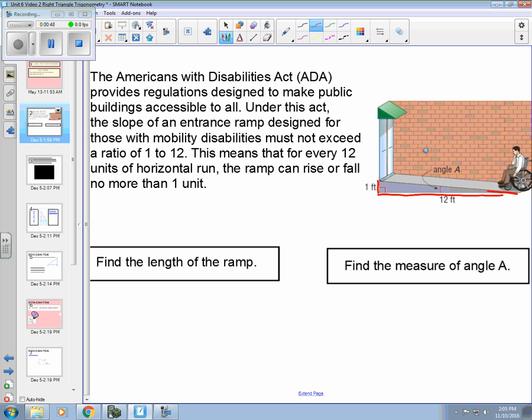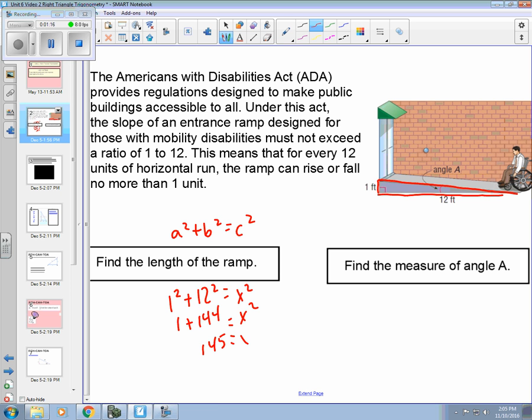If we had a right triangle here, and we know the two legs of that are 1 and 12, we can find the length of the ramp, or the hypotenuse, by doing Pythagorean Theorem. A squared plus b squared equals c squared. So here we'd have 1 squared plus 12 squared equals our missing side squared. Square these and add them up, and we get